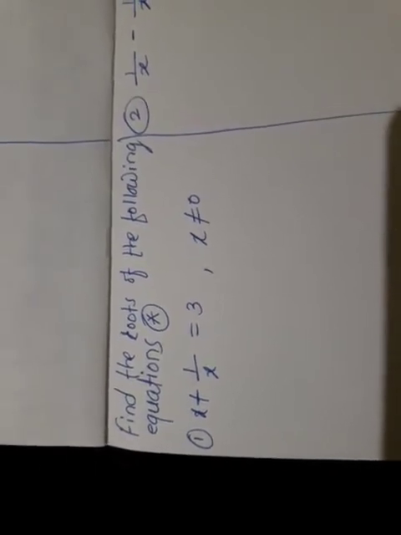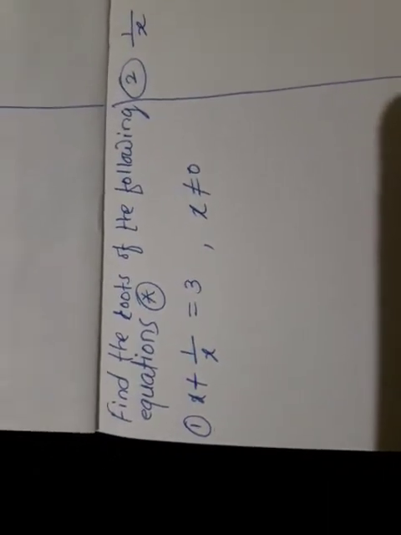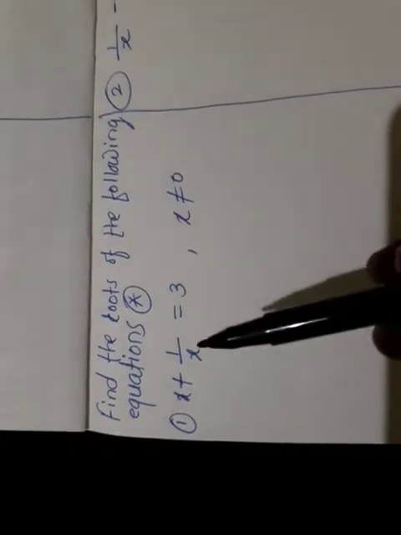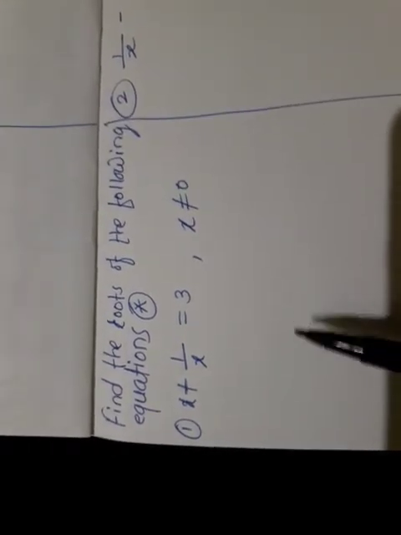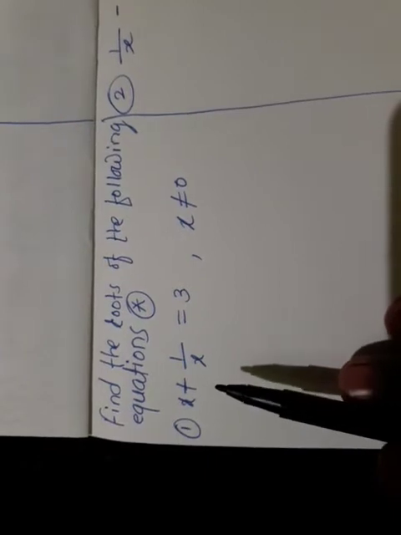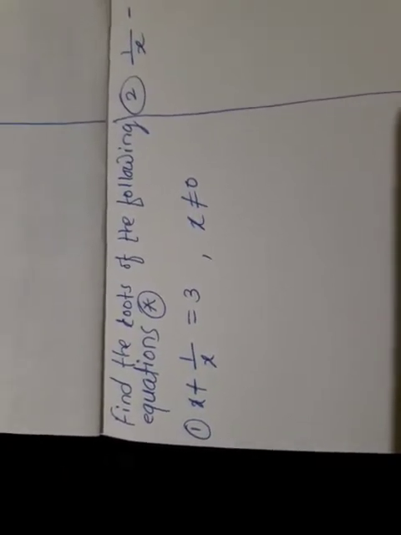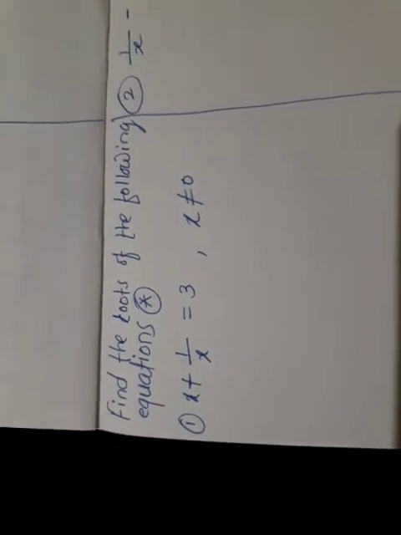Are you getting it? First of all, try to understand what I am saying. That is very important. First of all, you have to observe the given equation, and after observing it, we have to decide how to convert the given equation into the form of a quadratic equation. Then you can use any method for solving the quadratic equation to find the roots of the given equation. Okay. Then look here, you can solve this equation by different methods. I am going to show you. Listen here.